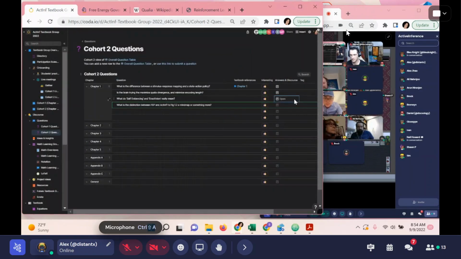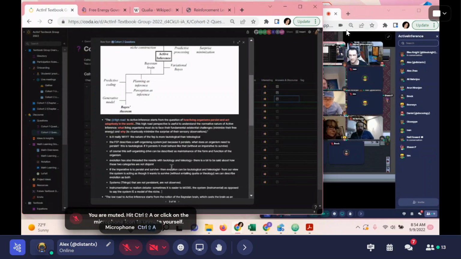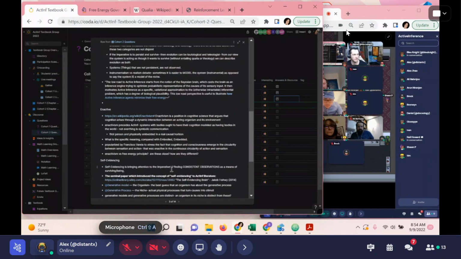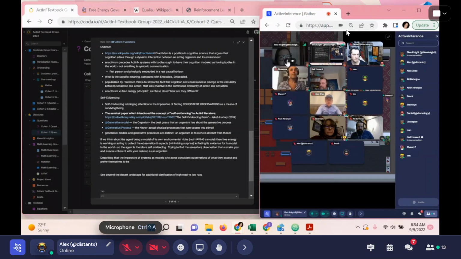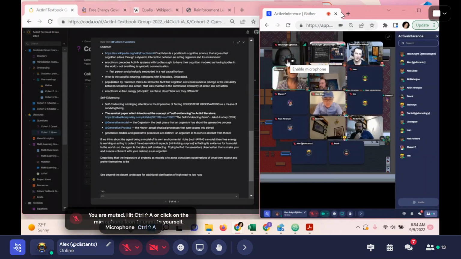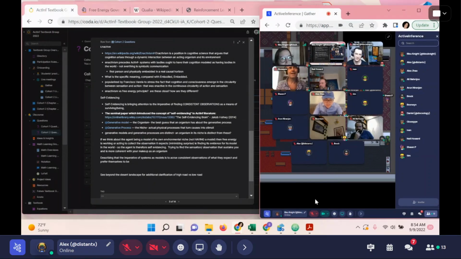So if I just finish off that, I think possibly it's the language that's the problem. With self-evidencing, it just sounds as though it's self-confirmatory. All it's doing is looking for support for its existence, which is not a good strategy for survival. Why do you say that? Well, if I only look for evidence of my existence rather than things that are a challenge to that, then